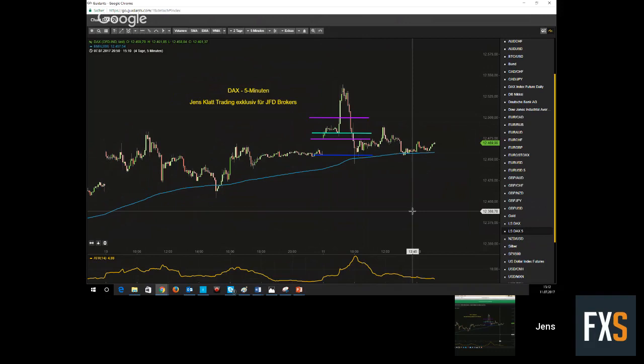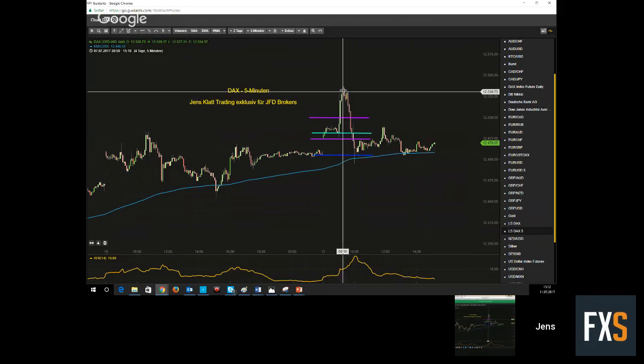It was moving up or down, and that's why I don't consider this to be significant here. But let's look at what happened in the DAX in the morning. So we had the breakout here on the upside, but I told the audience that I didn't buy this break here on the upside. In fact, I was saying, well, I bet on a fake out here on the upside. And I'm more of the opinion that the market will move down from here, even though I didn't short it from here, unfortunately,